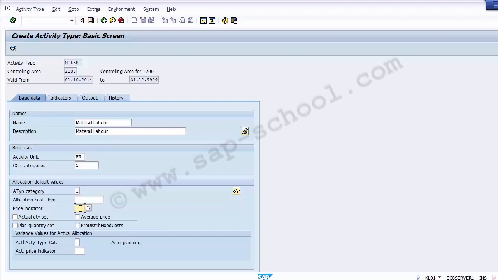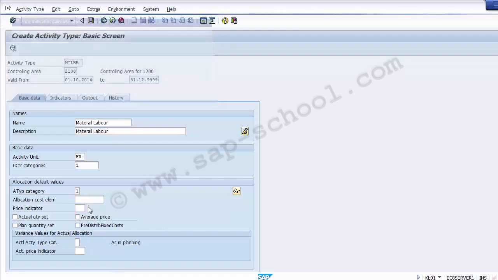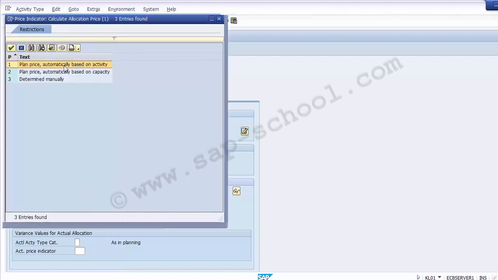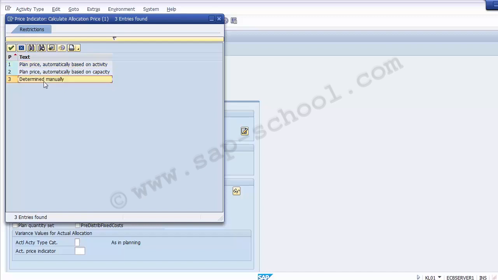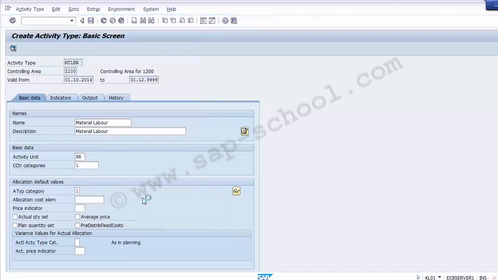Moving to the next is the price indicator. So we can select the price indicator over here from the list of options. The options available are plan price automatically based on activity, plan price automatically based on capacity, and determined manually. So we can select the first one, plan price automatically based on activity. So this is how you need to select all these options. And once we have selected these options, now we can move on and save the screen so as to create